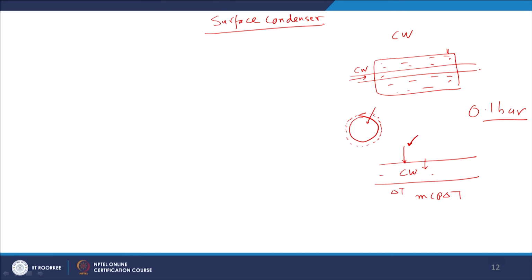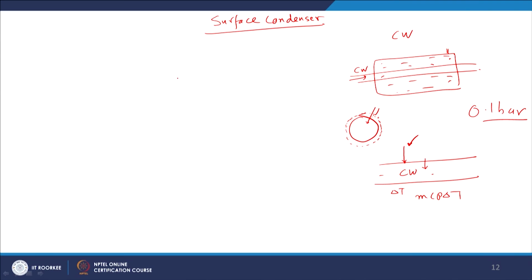If there is not sufficient heat transfer in a condenser, the pressure of the condenser will rise. There are many reasons for the rise in the pressure of the condenser. Suppose the cooling water flow rate is low, in that case also the condenser pressure is high. If the air is mixed with the steam, in that case also the condenser pressure will rise, right. So, we will discuss this later on.